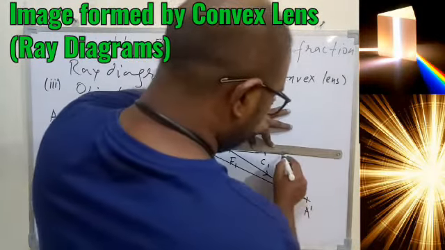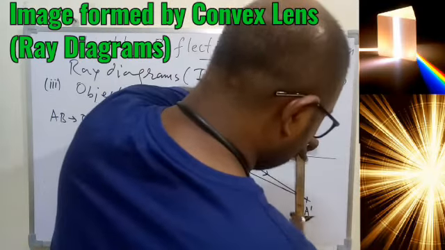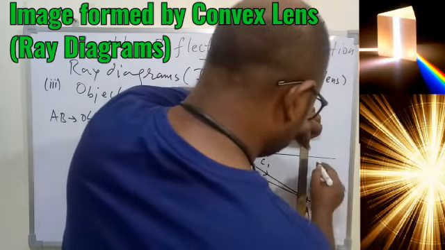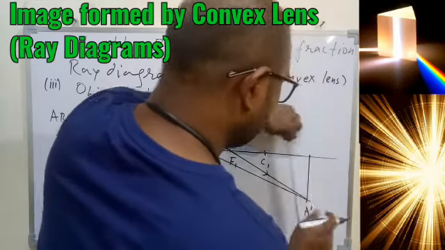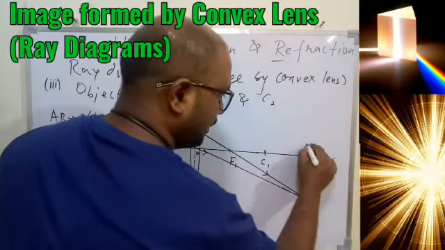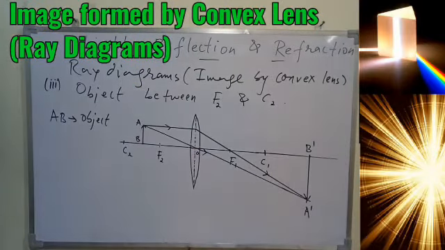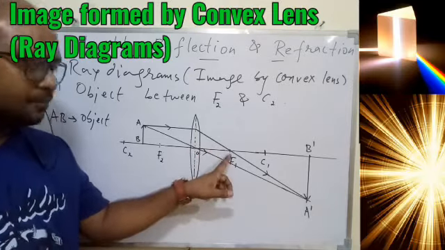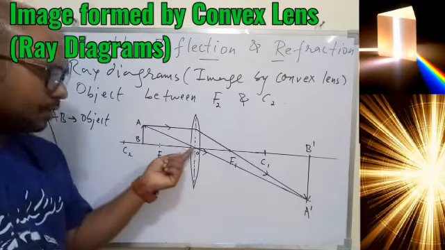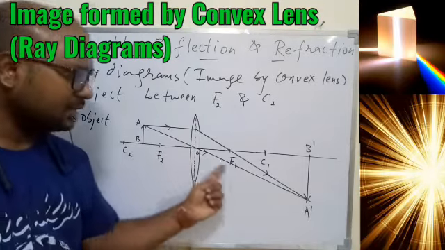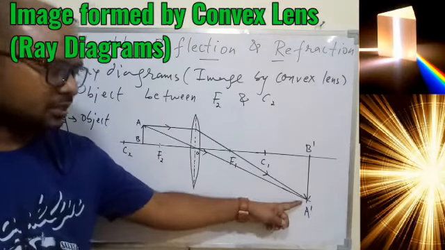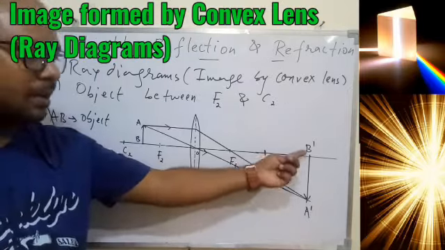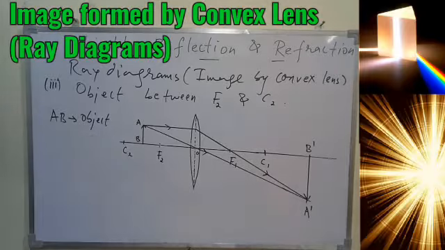So extend this line and join this point, and this line which we are going to draw should be perpendicular to the principal axis. So this is nothing but your image A prime B prime. So I hope the diagram is clear. So we took first ray parallel to the principal axis, that passes through F1, okay, and another ray of light passing through optical center, and it will not deviate, it will go straight away, and they are basically converging at a point A prime, which is the image of A, and B prime is the image of B. So now from this simple diagram we can write down the characteristics.